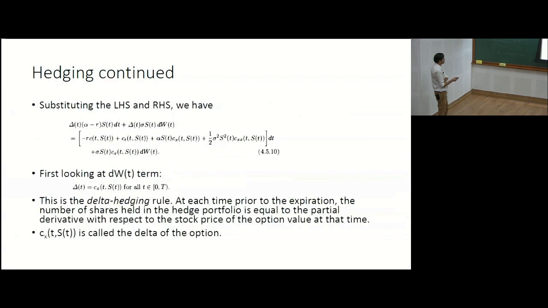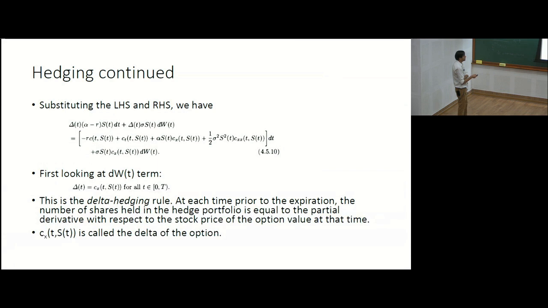And this would result in something like this, right? So you have this for the portfolio, and this for the option. You have a dt term and a dwt term here. You have this as the dt term, and this as the dwt term. So first we look at the dwt term. And what you see is that if you set delta t equal to this